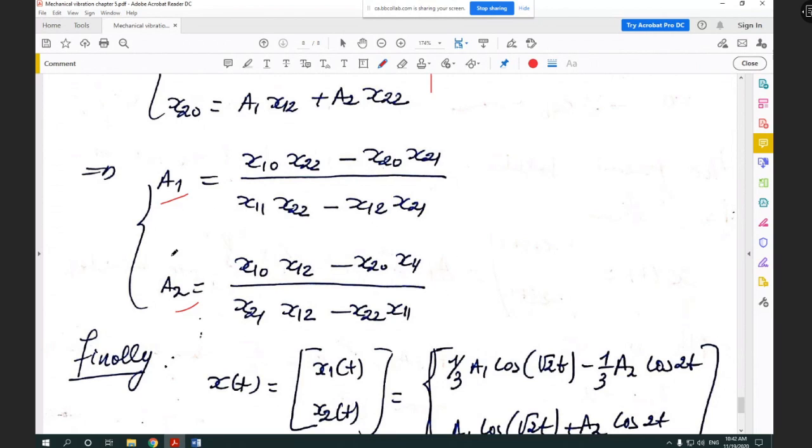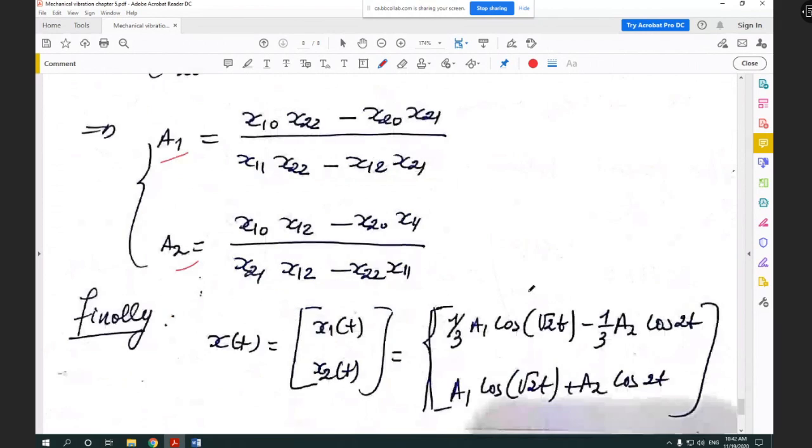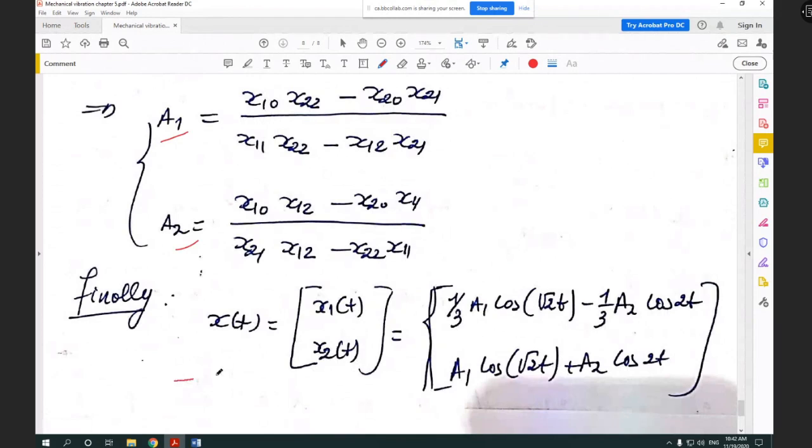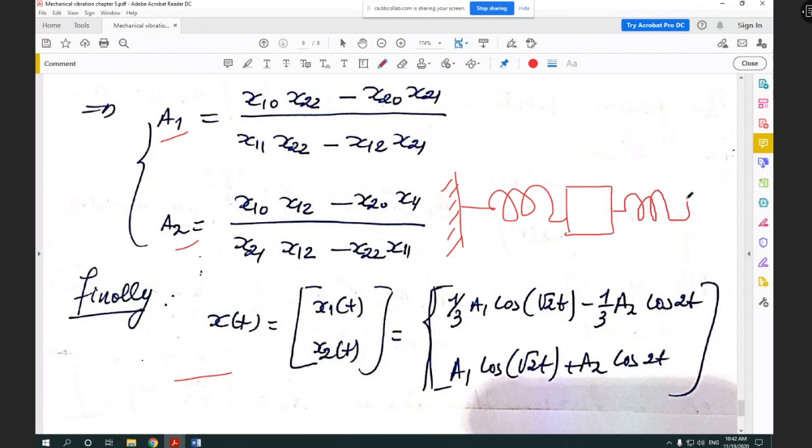Once we obtain A1 and A2, phi 1 and phi 2, we can now write the final solution of the equation of motion of our considered system. Don't forget that the system that we are dealing with is a 2-degree-of-freedom damped system. Okay,